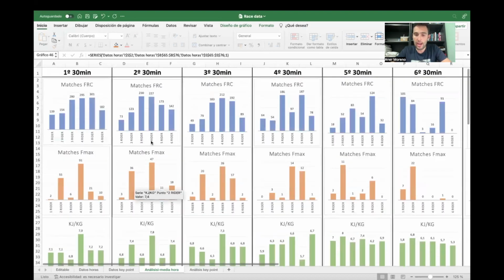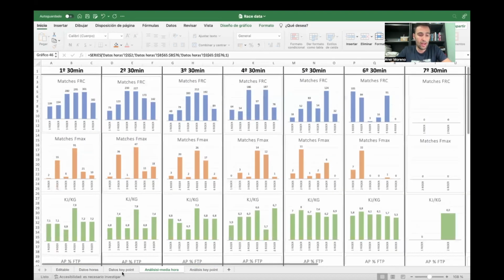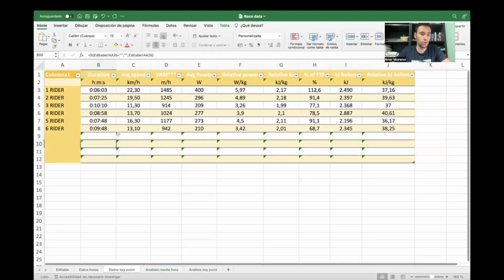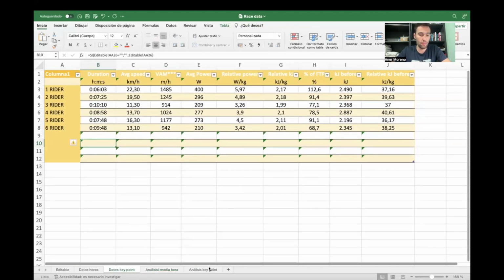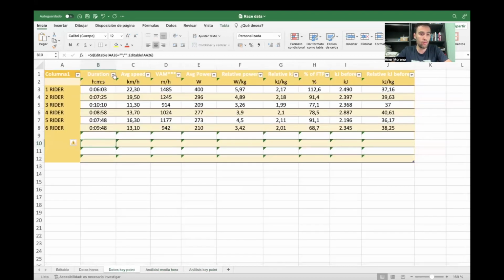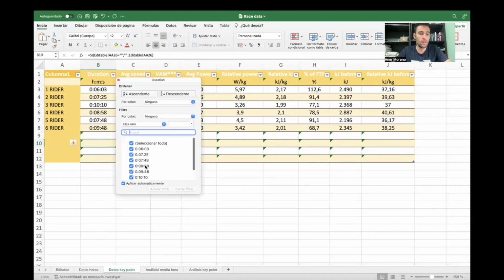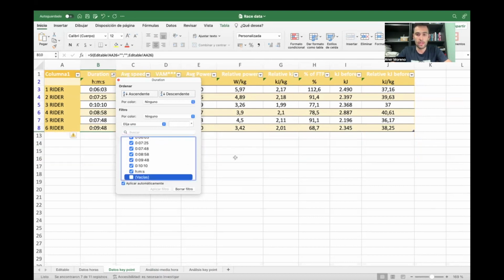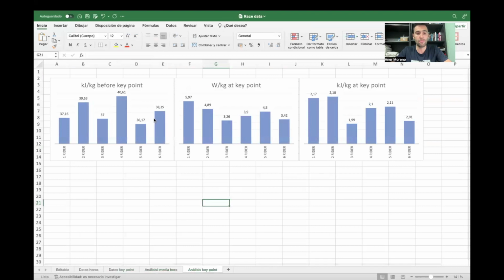Okay, this is analyzed. Also, we are going to analyze the key point we have been speaking about. As in the other window, we can see an analysis here. We have no rider here. For that, I have created this table in which I'm going to select only the lines where there is something written. So I delete this, and this way we are going to have the analysis of only the riders who have raced that